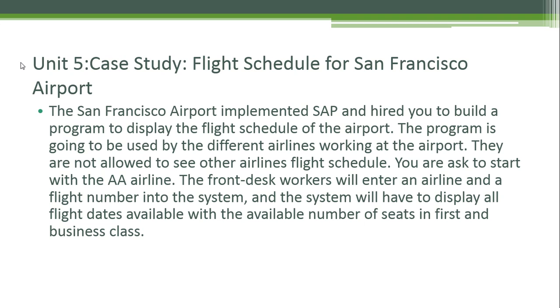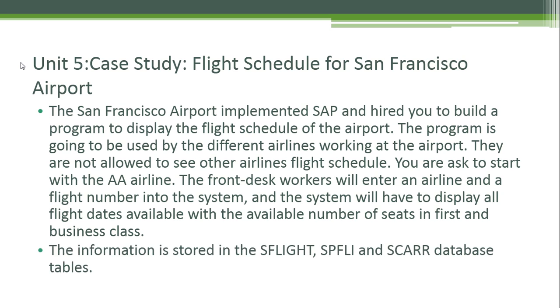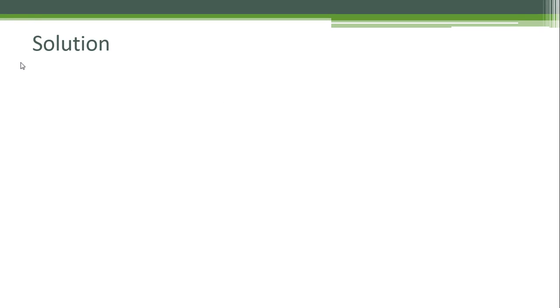The front desk workers will enter an airline and a flight number into the system, and the system will have to display all flight dates available with available number of seats in first and business class. The information is stored in the SFLIGHT, SPFLI, and SCARR database tables. The solution to this case study is: